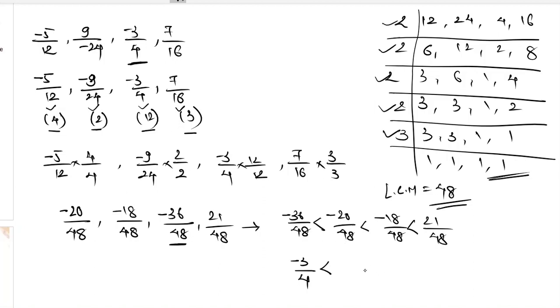Minus 20 by 48 is originally minus 5 by 12, right? Smaller than minus 18 by 48. Minus 18 by 48 is originally 9 by minus 24. Smaller than the largest number, that is 21 by 48 or 7 by 16. Right? So this is how you arrange the given rational numbers in ascending or descending order, and this is how